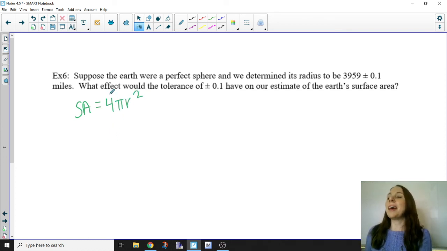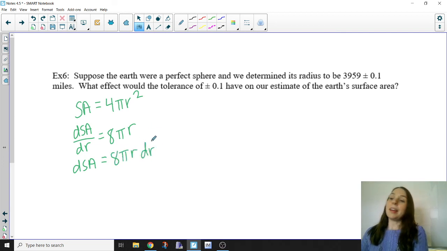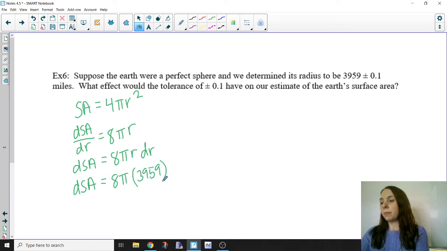We're going to take the derivative of this to then get the differential equation. So dSA over dr is 8 pi r. Move that dr to the other side. And now we're ready to fill in our values. What values do we have here? Well, the radius of the Earth is estimated to be 3,959. So that goes in for the r. What is the dr value? It is 0.1. The plus or minus is just meaning it could go in either direction. So we can put the plus or minus back into our final answer, but we can leave it out for our calculation here. So finally, doing this calculation,